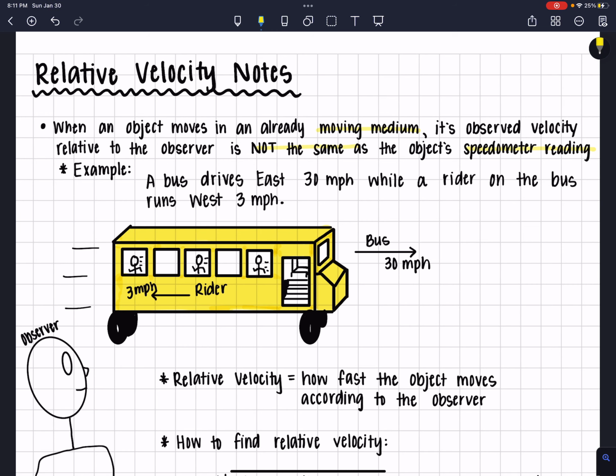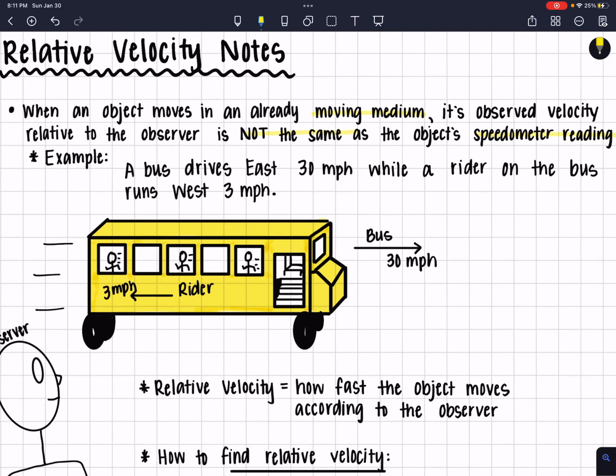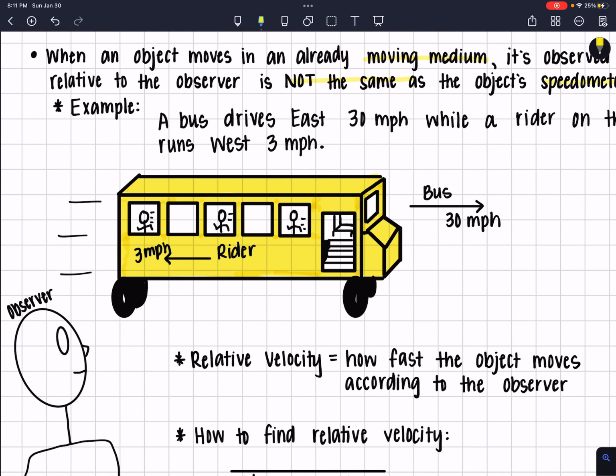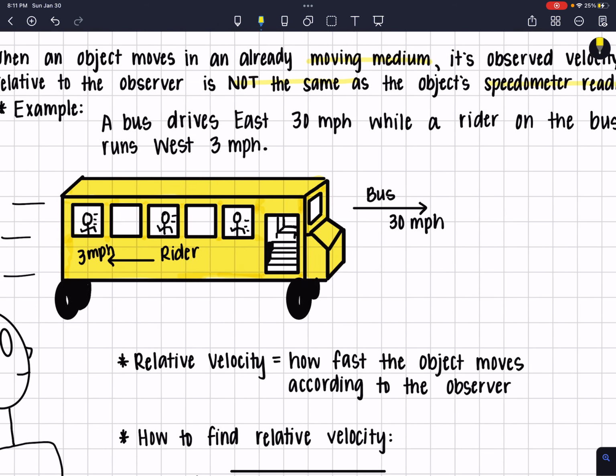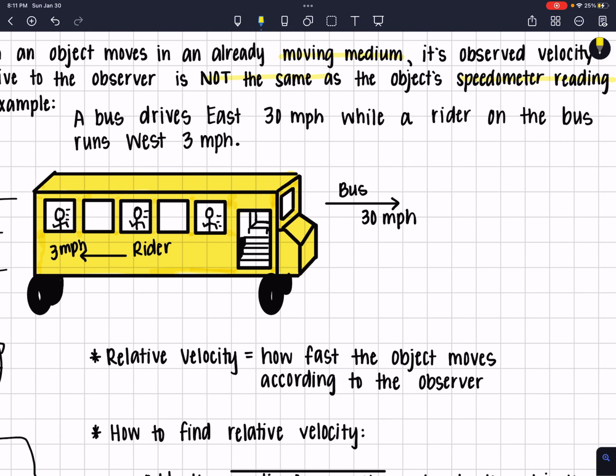So let me give you a more realistic example. Let's say that you are an observer watching a school bus drive by. And as that school bus is driving by, you're able to see in the windows that one of the bus riders is running from the front of the bus to the back of the bus. What you're going to observe about that rider is going to be different from what that rider is observing of themselves. If the bus is driving east 30 miles per hour and the rider on the bus is running west